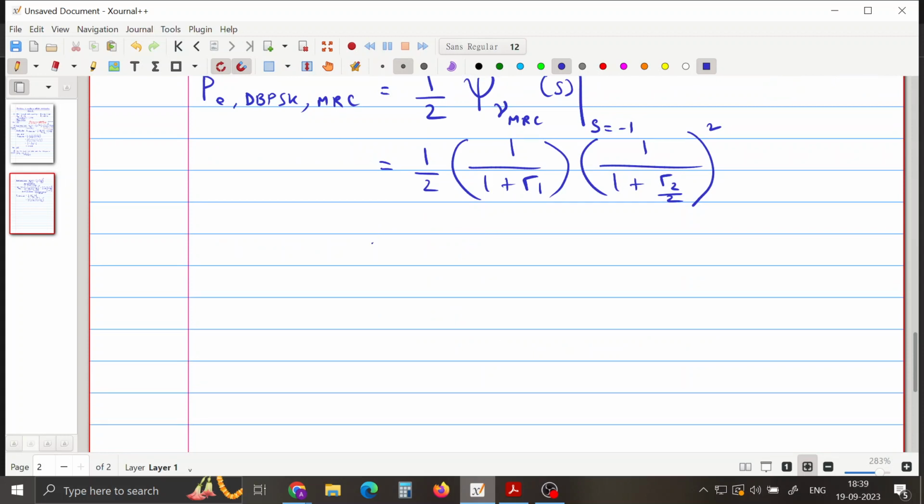Now we know gamma 1 and gamma 2 already. Just put that value, and gamma 2 was 2, right? This comes out to be